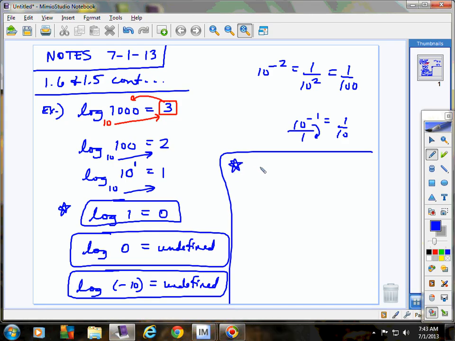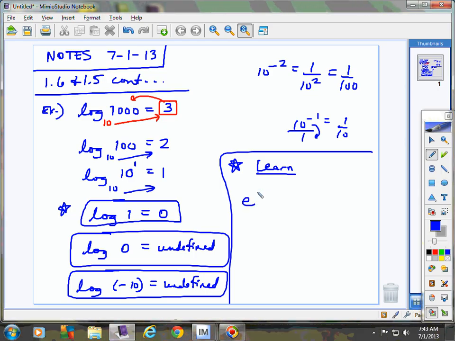All right, now this next little part of the notes is a skill that's going to help you a lot, maybe more so in Cal 2 if you take Calculus 2 than in here, but I'm going to go ahead and show it to you. Anytime you have e or some number raised to a power that has logs up in the exponent, if that exponent has a coefficient on the log, 3 ln of 7, 8 ln of 7, 9 ln of 7, anything but just an ln of 7,